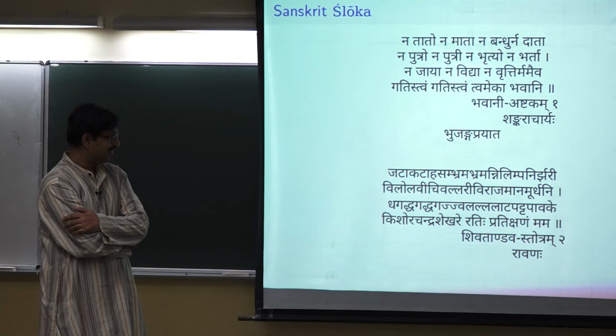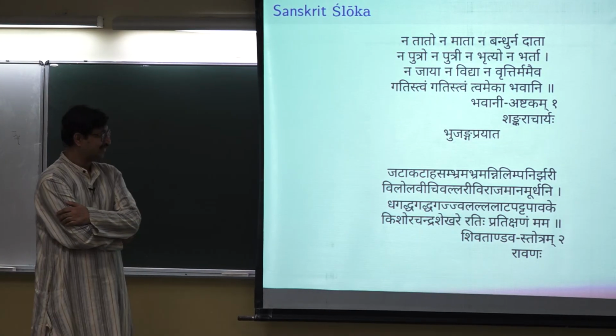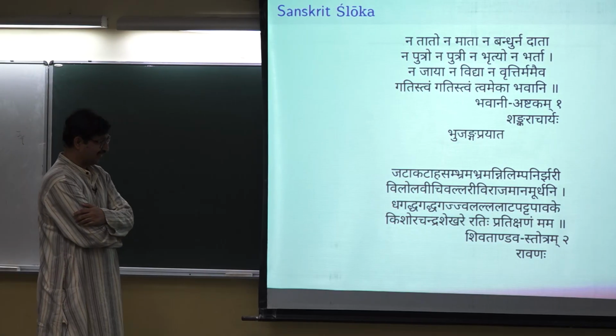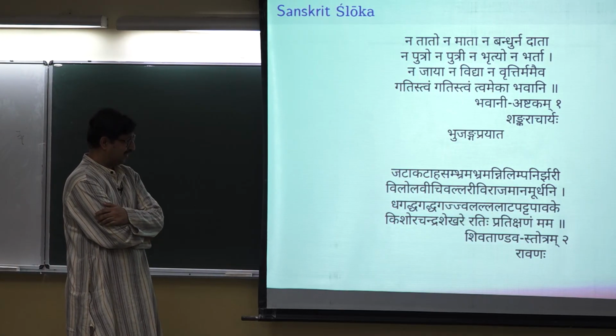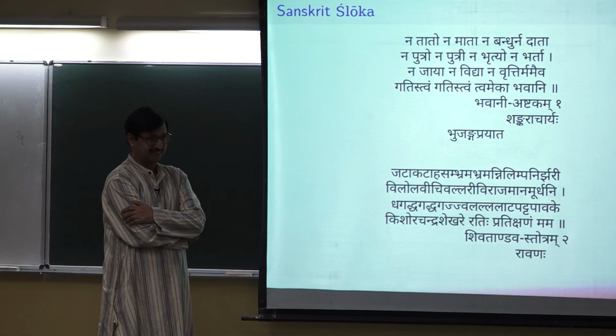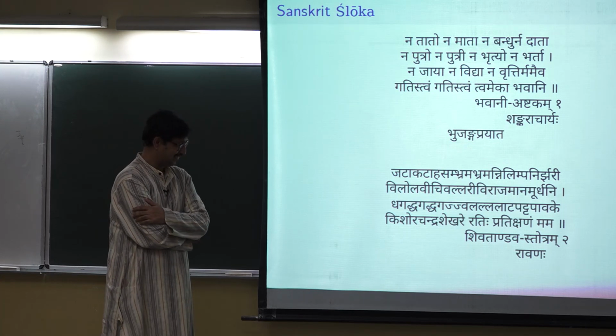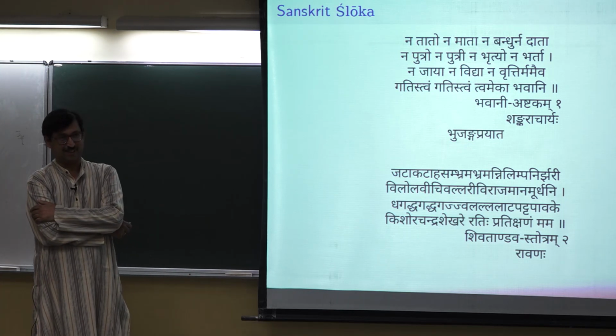Jatakata Sabramnini Brahmanilim Panirjari Vilolati Chivalari Virajamani Murdhan Jagat Jagat Jagat Jala Lalata Patta Pavake Kishora Chandra Shekhari Rati Pratikshanam